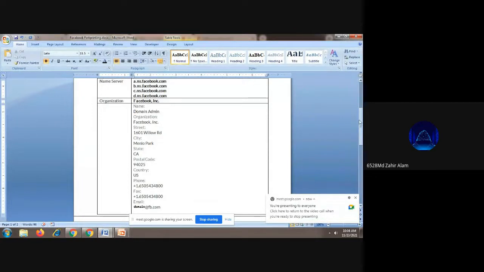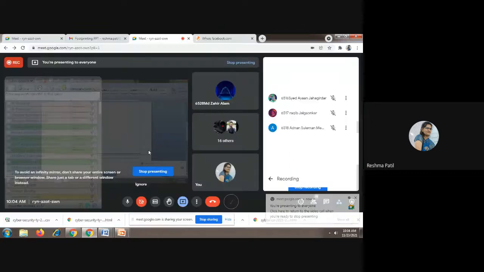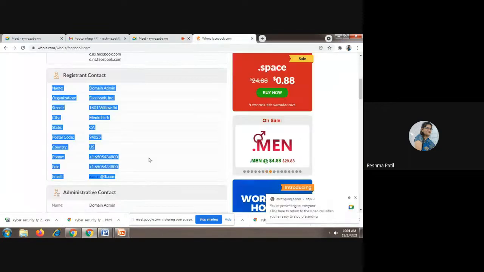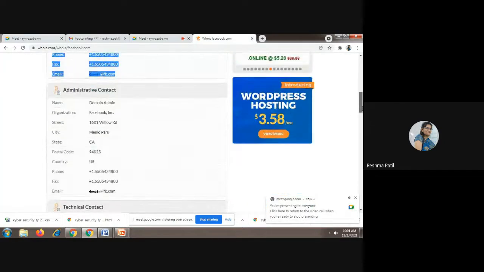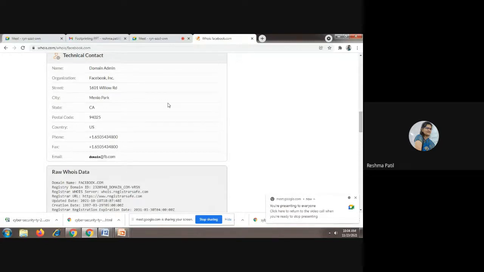Okay. So you can store this information also. This is important information: where your organization is located. Now next, see, administrative contact is there. Using this, we can contact the administrative person. Same is mentioned here, no problem, but this is the administrative contact. Technical contact: for technical queries, we can contact these numbers, fax.